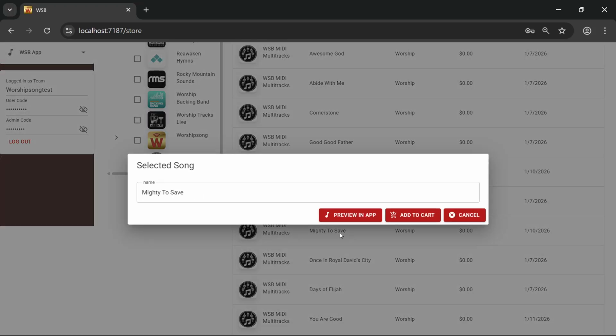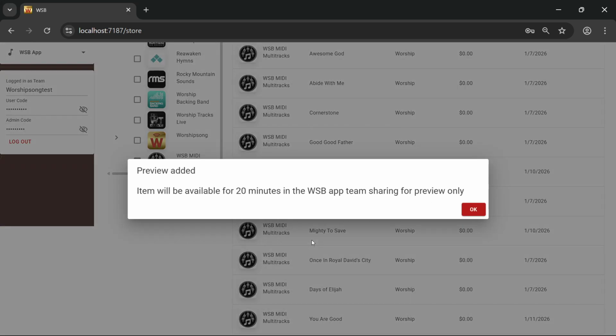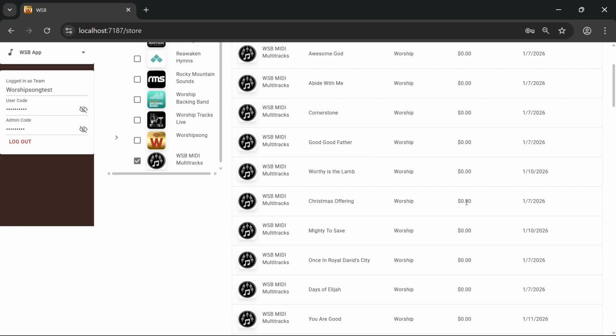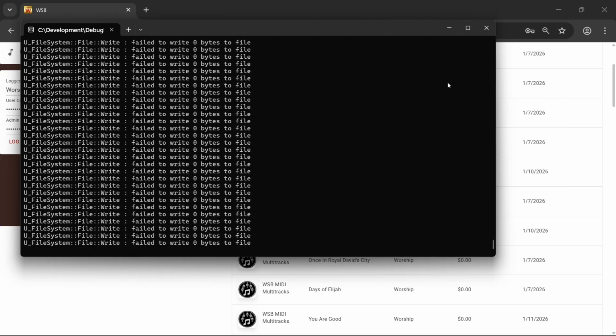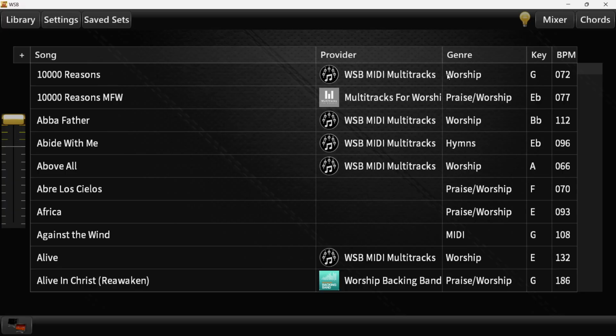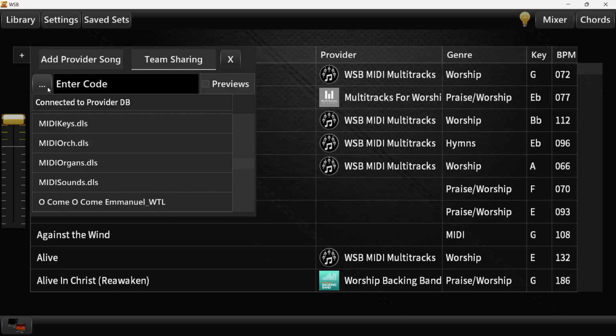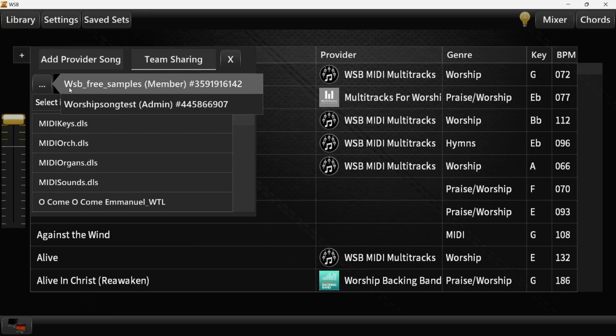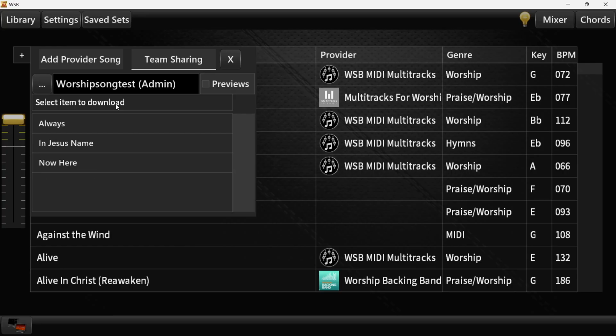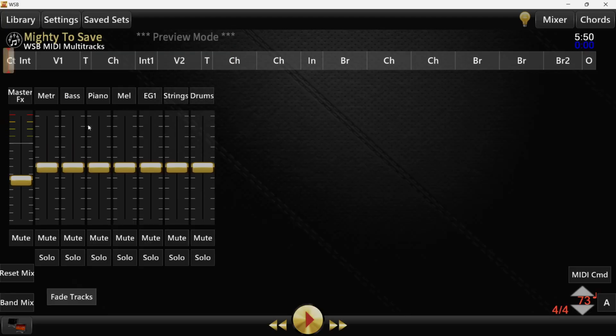So I'm going to click on Mighty to Save here. I'm going to say preview in app. Then it's going to tell me that it's available in the app for 20 minutes. I'm going to go back to the app here. There it is. I'm going to go to my team sharing page, to my test team, and you'll see under the previews, Mighty to Save is there. If you click it, it's going to download and load that preview for you,